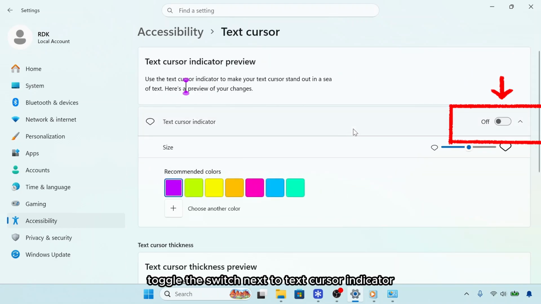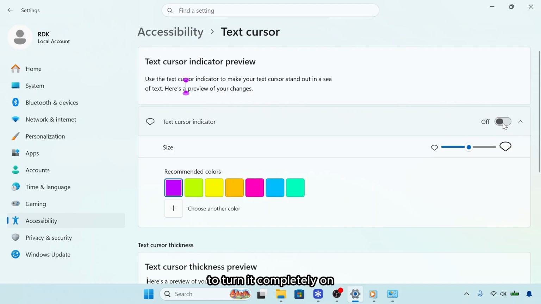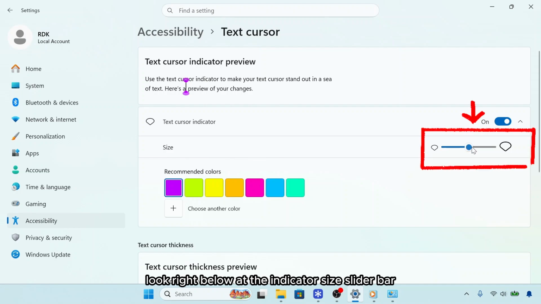Toggle the switch next to Text Cursor Indicator to turn it completely on. Look right below at the indicator size slider bar. Drag it to the right to make the indicator bubbles at the top and bottom of your cursor much larger